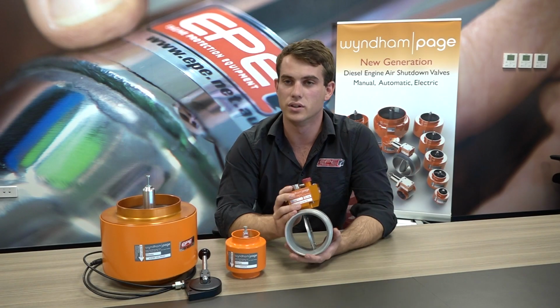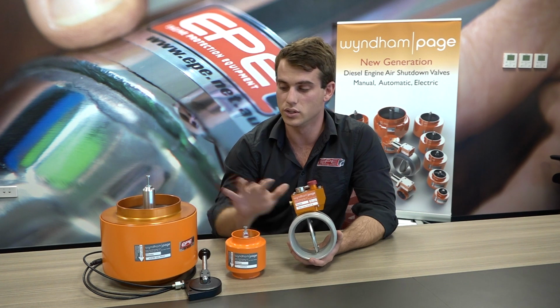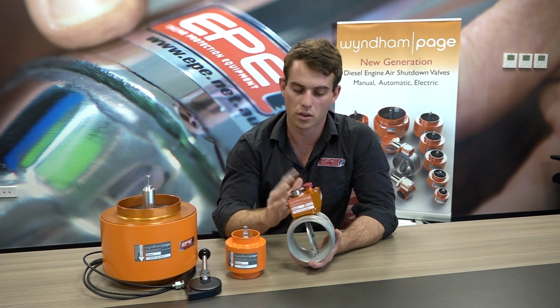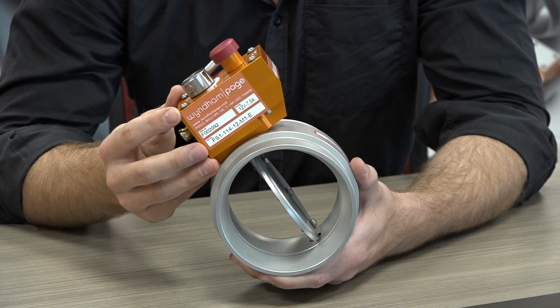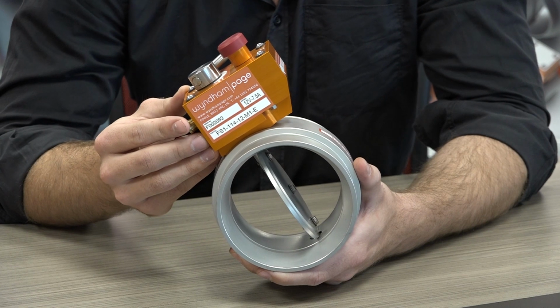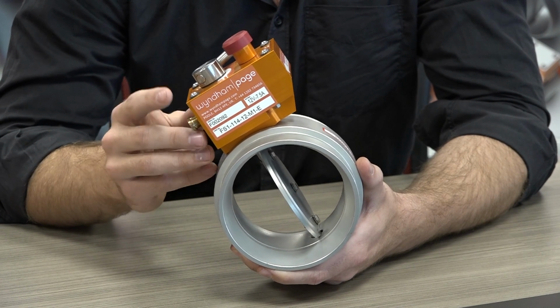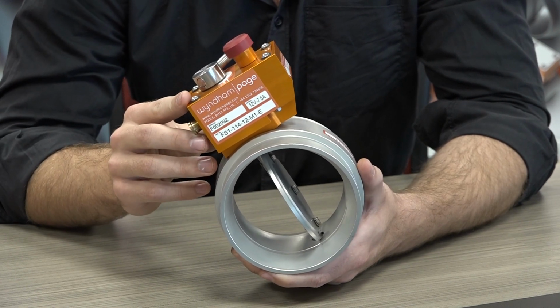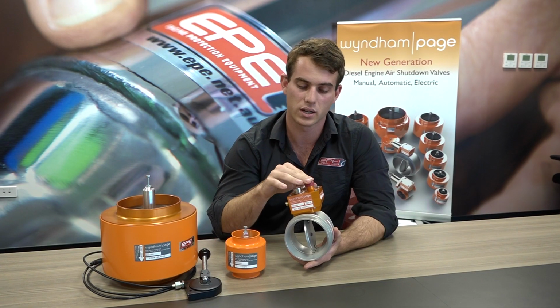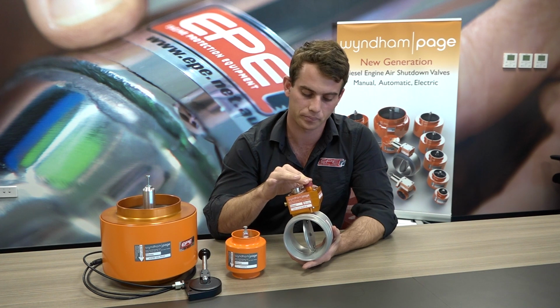Here we have the F-series valve, and the biggest difference between the two is we have a mechanical valve versus an electrical valve. Upon an overspeed event, the valve will be sent an electrical signal either from the engine or from the operator. That electrical signal will trigger the valve to close and close the butterfly in the center of the valve here. The way that we can see that is if I press this red button here and the